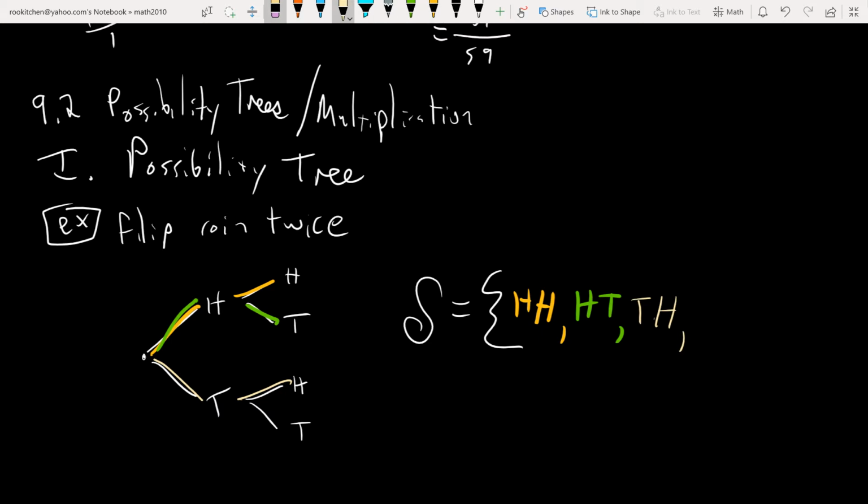And then finally, last one here, T T. So there's four things there, and again, another way you can think of it is kind of like at each